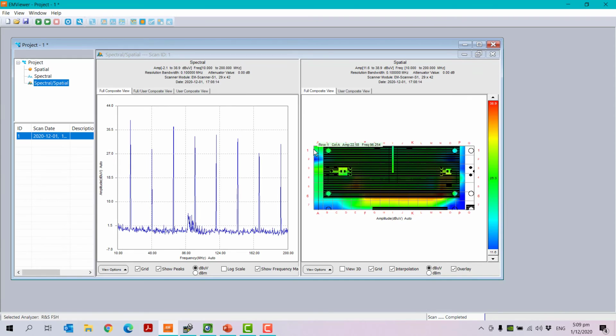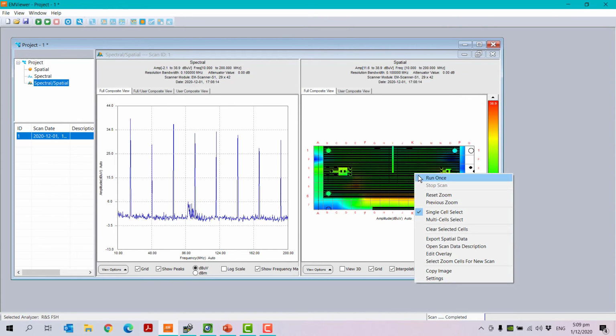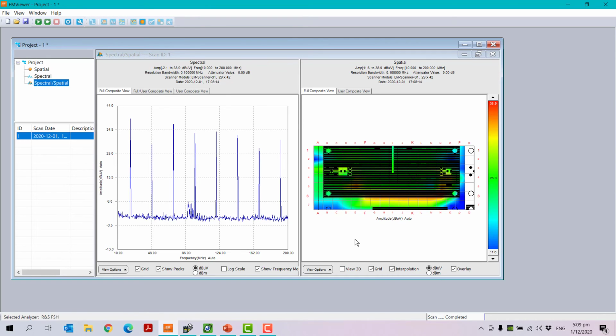When I move my mouse, you can also still try to zoom. Okay, if you want, you can reset your zoom here. Then if you just move your mouse, you can determine where you have the maximum amplitude of distortion. You see here each cell will show what is the amplitude of distortion at each point there. Okay, you can determine all these from here when you're moving your mouse.